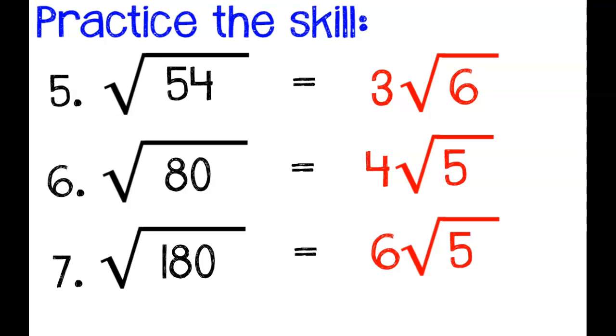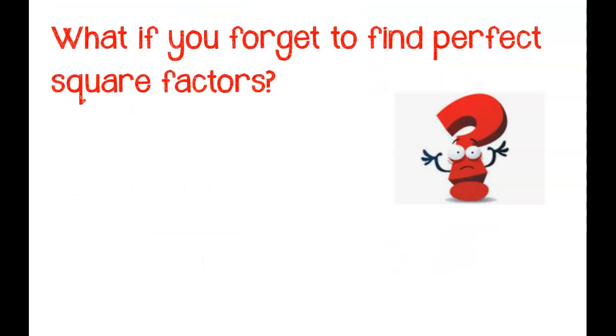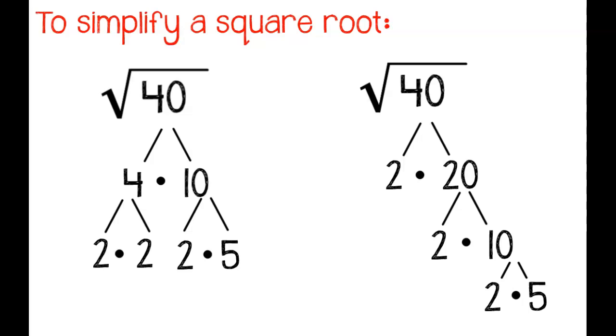It doesn't necessarily mean you're going the wrong way, but maybe you're just not taking the shortest route. Like, what if you forget to find perfect square factors, and you just start factoring using any numbers you want. Or you're not really paying attention, and maybe you do something called prime factorization, where you just keep factoring until you get to the very smallest number that you can. Right? When you get to the end of your tree,